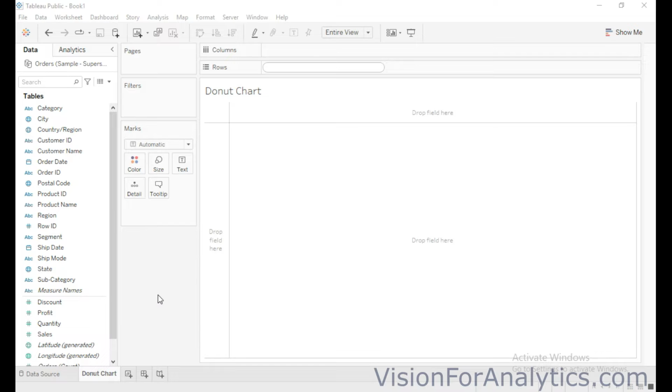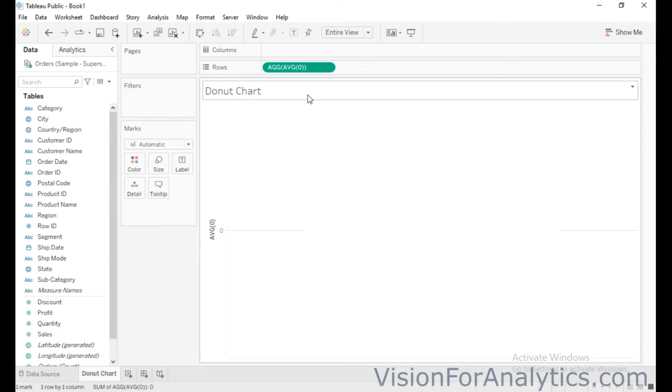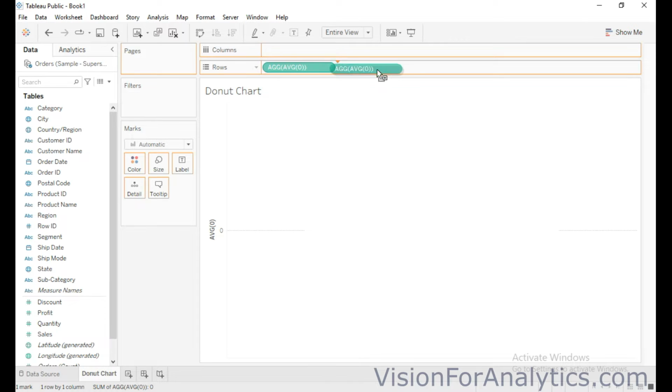Hello everyone. In this video we are going to create a donut chart in Tableau. To create this donut chart it requires two axes in the view. So double click on this row shelf and create two dummy measures. So average of 0, and click on this dummy measure and keep pressing control and drag it to the right